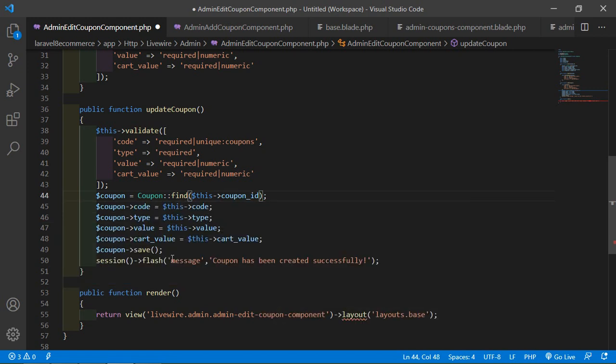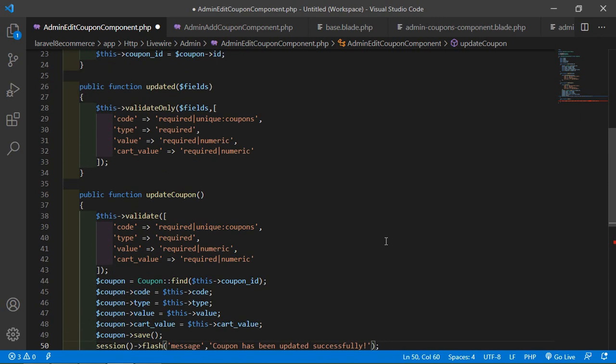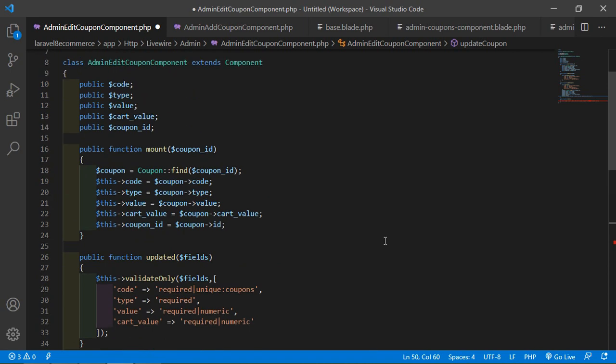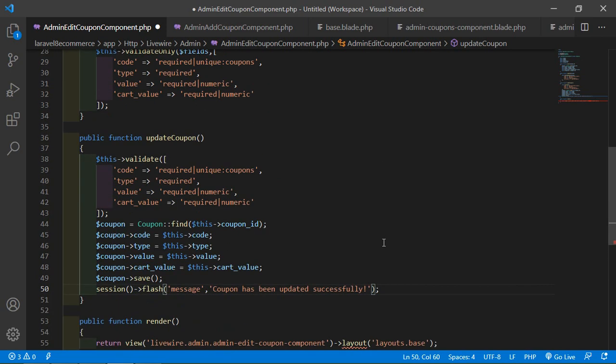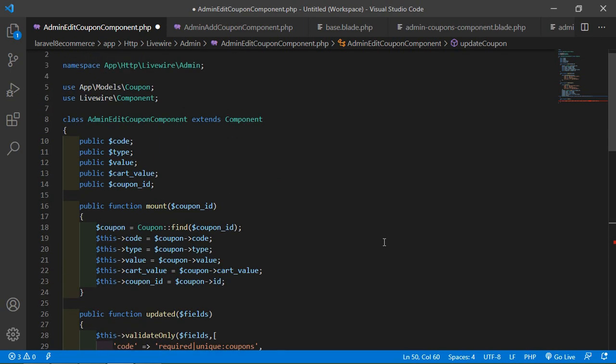Okay, and now everything is good, and change the message to coupon has been updated. Okay, now save this file,